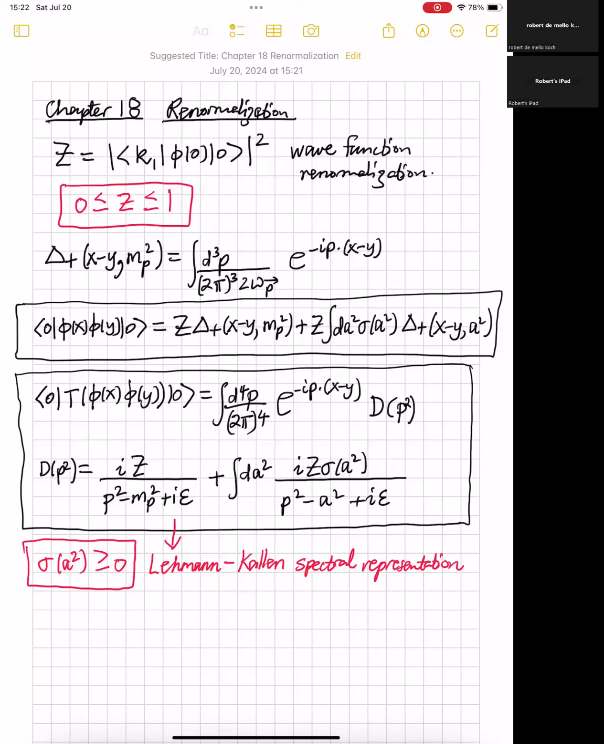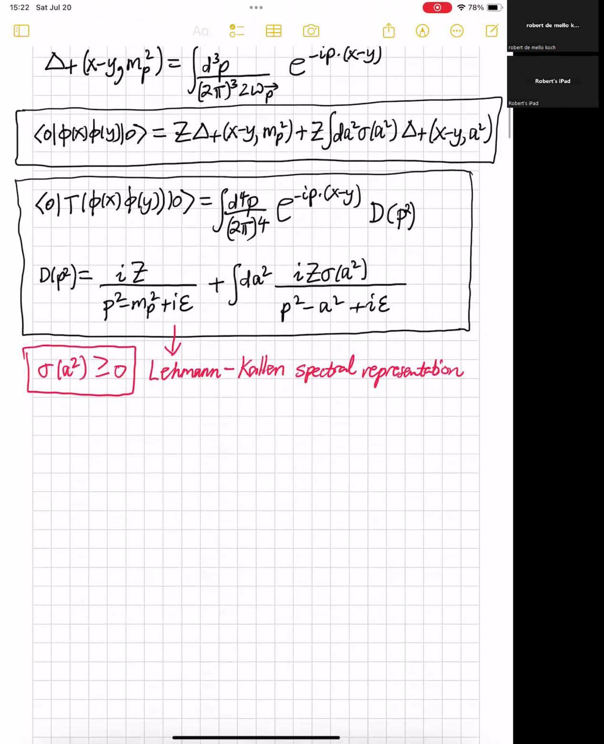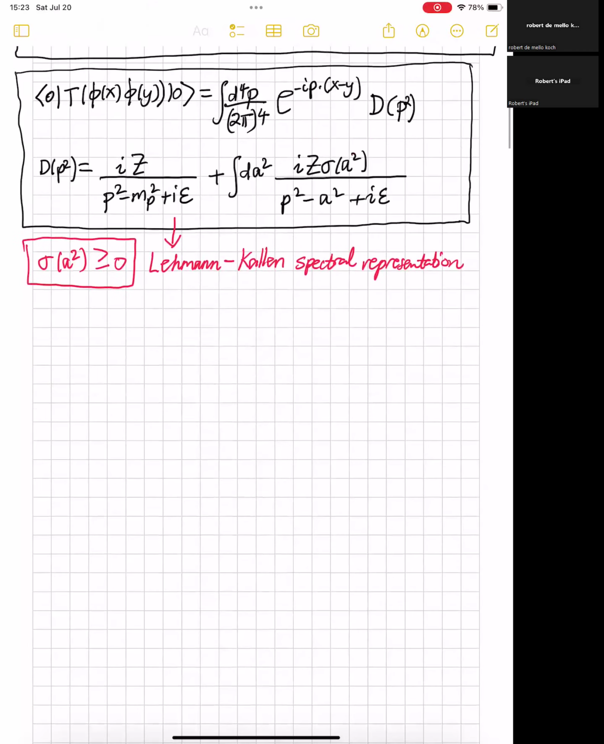One of the other things I should say, so you know that Z is the probability with which the field creates a single particle. Sigma of a squared is related to the probability with which our field creates a state with more than one particle, so two and other multi-particle states. Okay, so let's get down to business. What do I want to do? So I want to consider the complex p squared plane. So this is the complex p squared plane. And I want to think about D of p squared